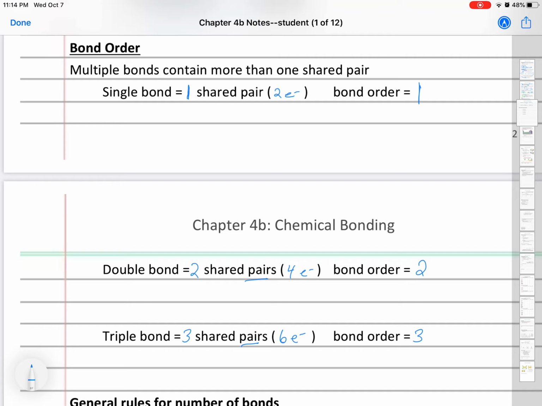So some examples of each of these. With H2, hydrogen gas, the Lewis structure looks like this. It's a single bond. In other words, you have a hydrogen with one electron and a hydrogen with another, and they are sharing those 2 electrons there. Oxygen gas, O2, would be an example of a double bond. The Lewis structure of O2 looks like this, with some lone pairs and some shared pairs. So essentially you've got oxygen